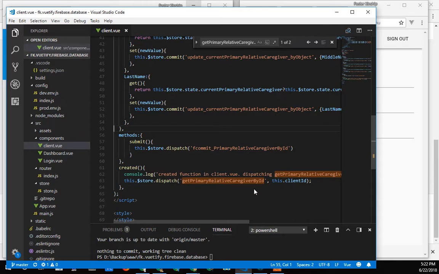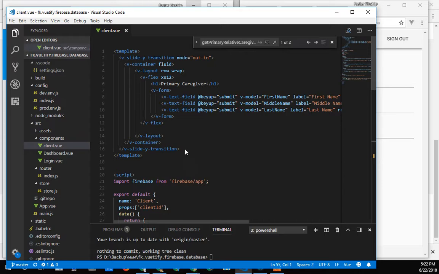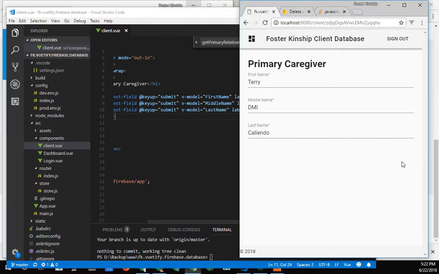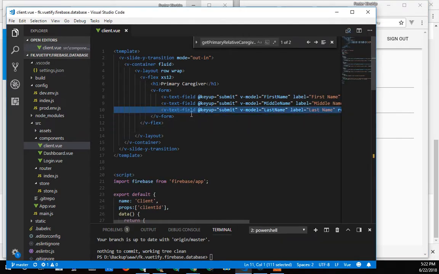When I say I don't need to know what's going to be happening, I don't have to know beforehand the parameters that I'm going to be sending through. So really all I need to do, this is my form here. I'm in the client view form, and these are the three fields: first name, middle name, last name. So I'll just copy a field,